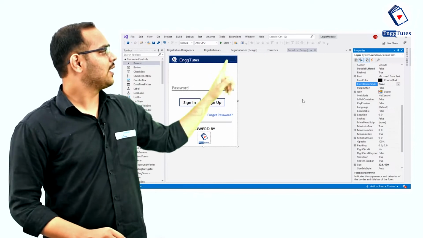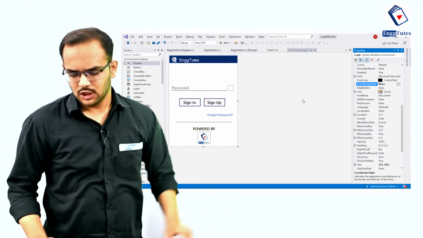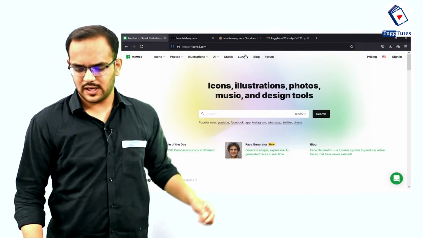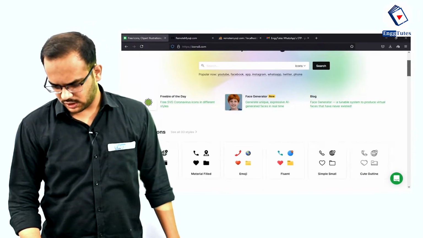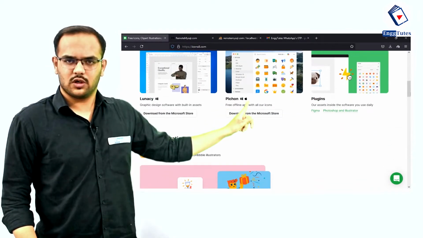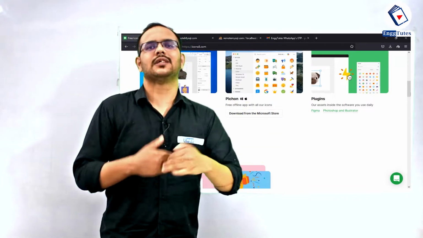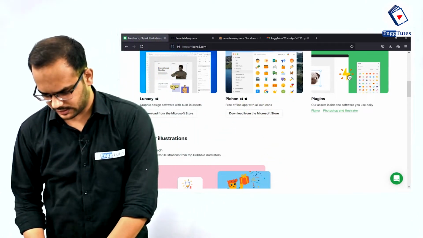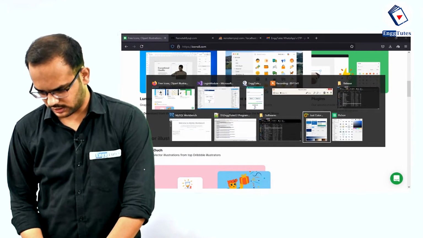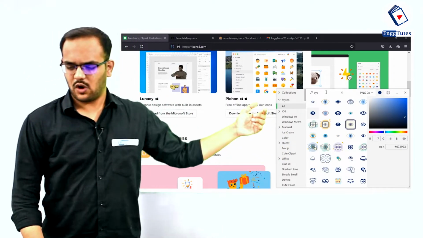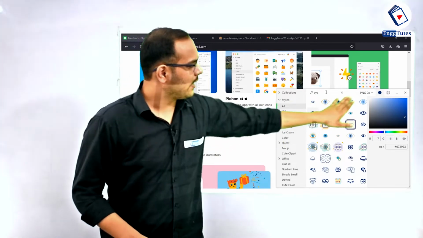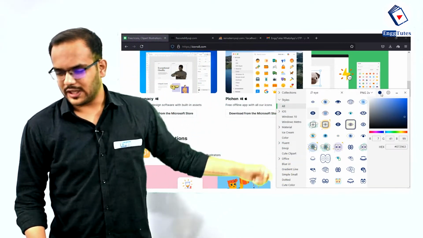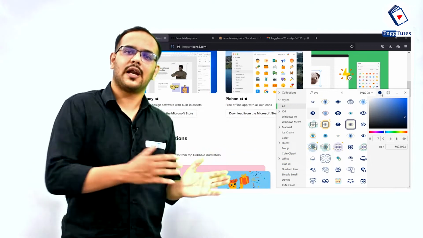Next thing is where we can get this close and this particular eye image. So for that, just go to Google and search for icons8. Here you will get the icons8.com link, and from this link, just download this software, Pichon. They have a very vast collection of various images or logos which we can use in our application. Done. So download that application and open it. So I have it over here. In Pichon, now I want an eye image, so I have searched for eye, and now here you can get multiple images. Also from here you can specify your theme color, and all the images will be rendered according to your color.